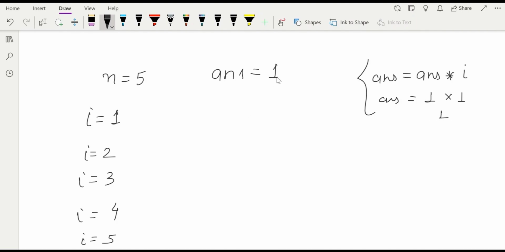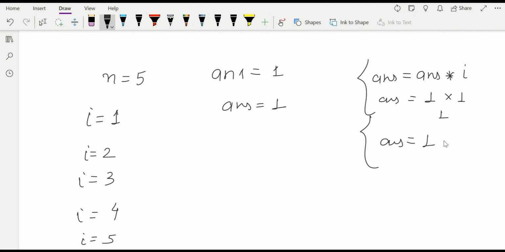So we can simply write here, answer value will change to 1, for i is equal to 1, answer becomes 1. Okay, now for i is equal to 2, we have to do the same operation, answer is answer, initial